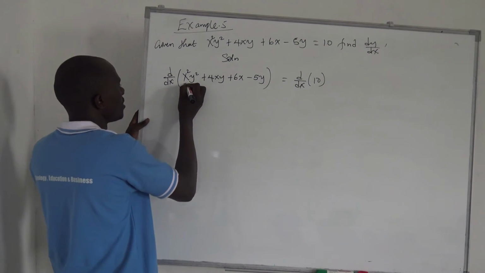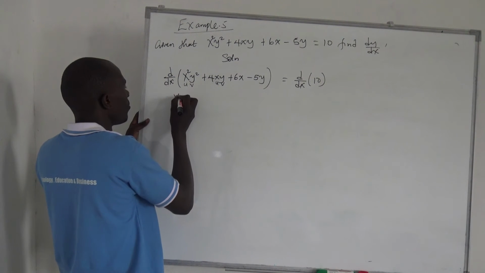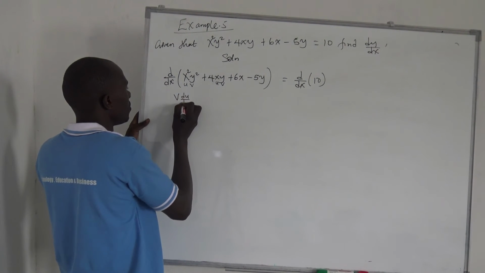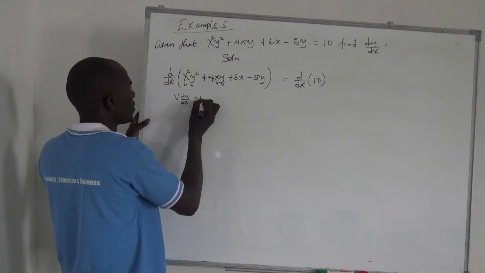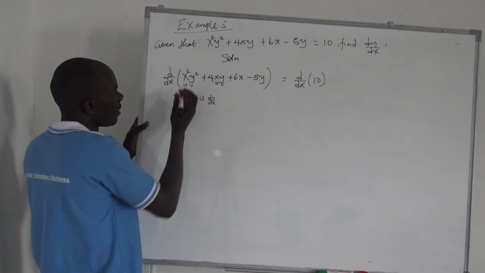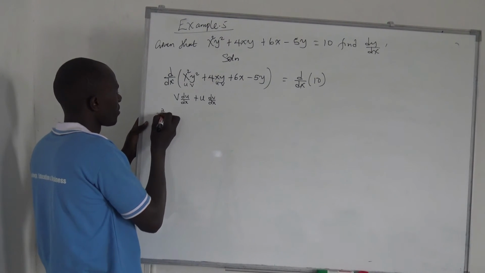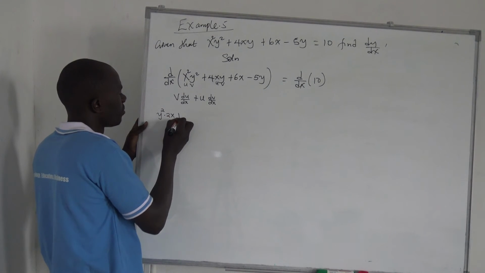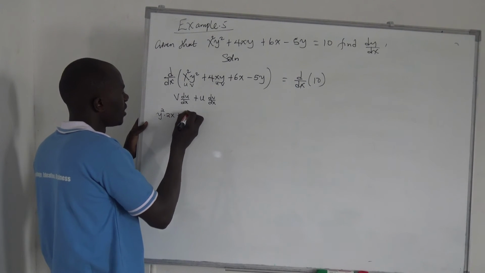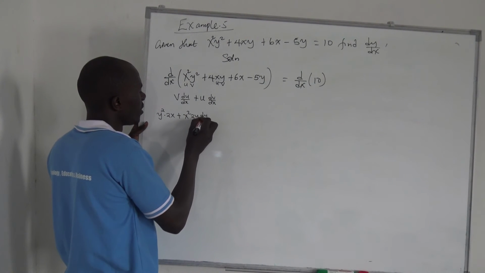You can say this is my u, v. So you can write it somewhere v du/dx plus u dv/dx. Can we apply what our v is on this one? Our v is y squared. When differentiating x squared, what do you get? You get 2x, plus our u is x squared. When differentiating y squared, you get 2y dy/dx